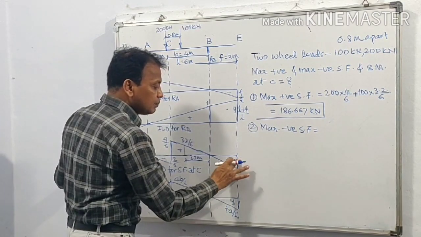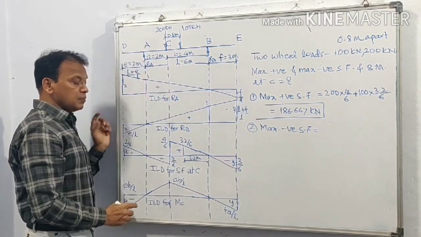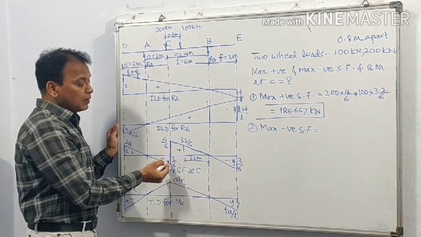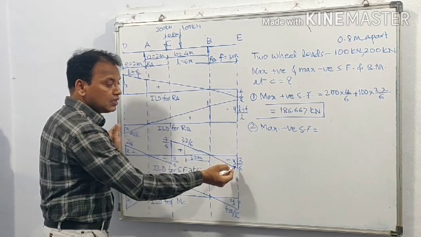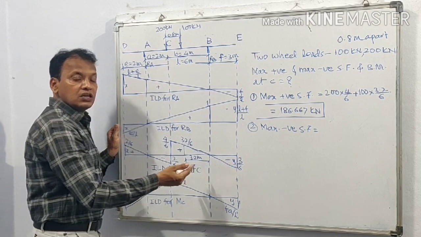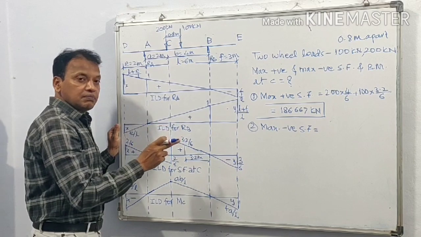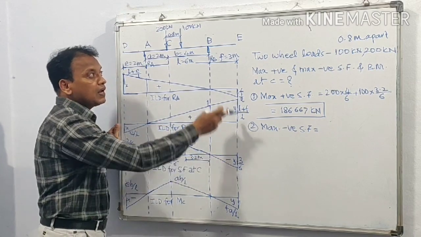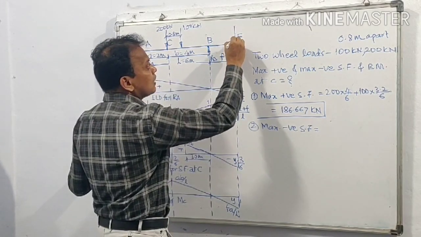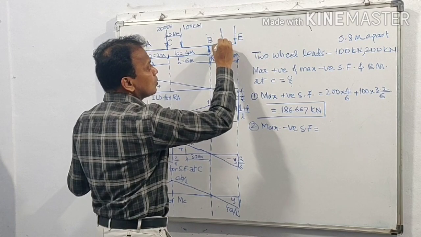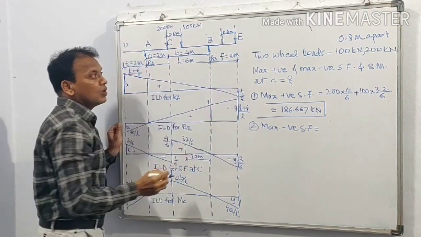And this ordinate is F upon L. F is equal to 3 and L is equal to 6. Ordinate is 3 upon 6. Thus, when load is applied here, the load will get multiplied by lesser ordinates. Instead of that, if load is applied here at E, it will get multiplied by larger ordinates, and therefore to get maximum negative value, it must be applied at E. While applying at E, one load is at E and other load at distance 0.8 meter from E on left hand side.